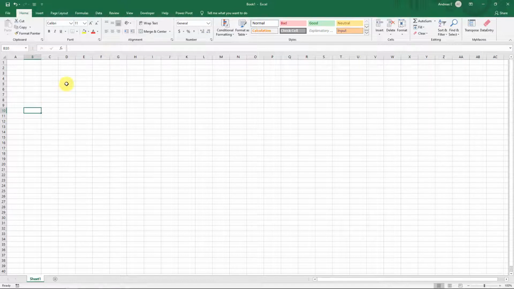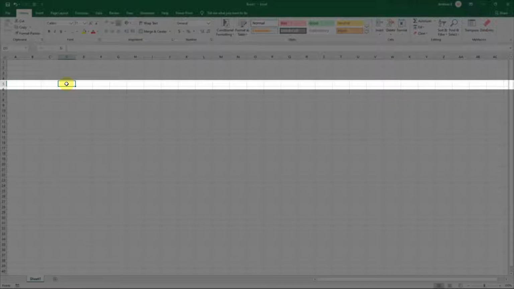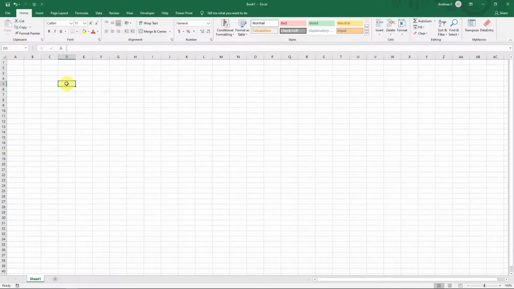The name box tells you where you are in the worksheet. If we select D5, you will see column D and row 5 highlighted. You can select a bunch of cells and it will tell you what the top left cell is. If you are in D5 and you want to go to F30, you can type F30 in the name box and it will take you there.